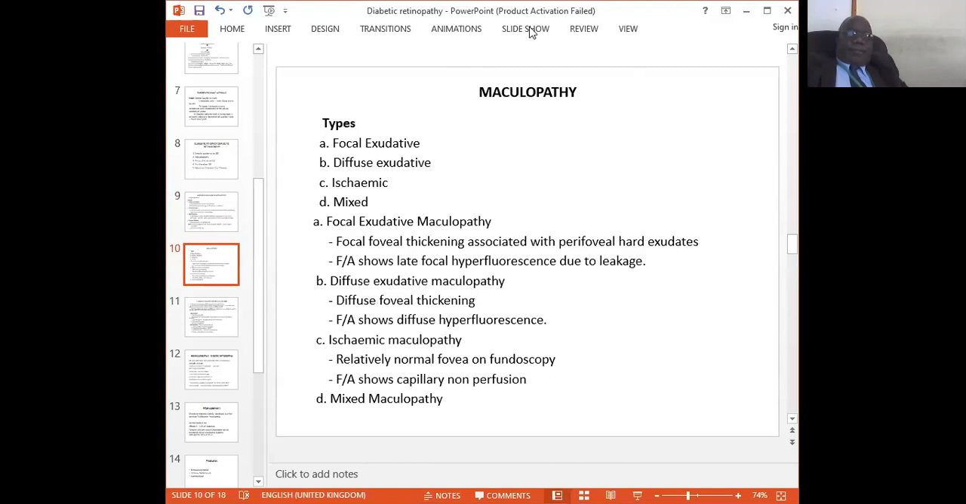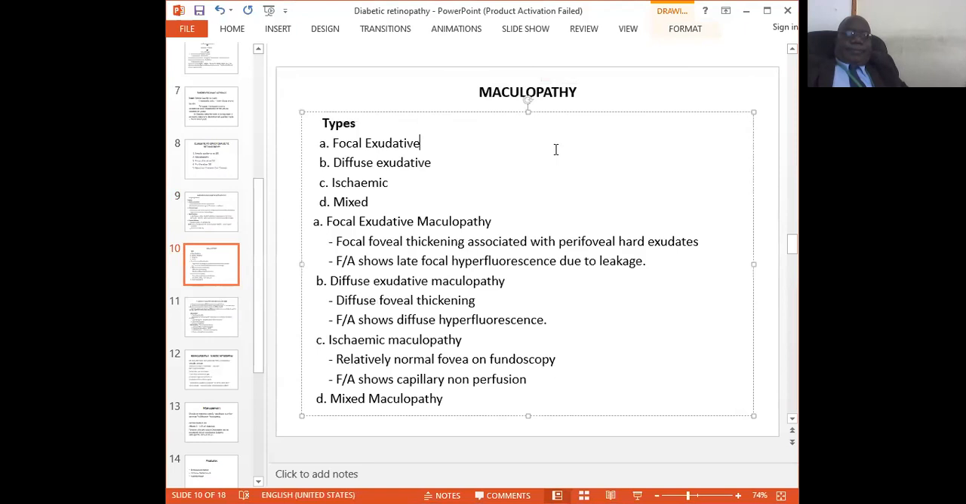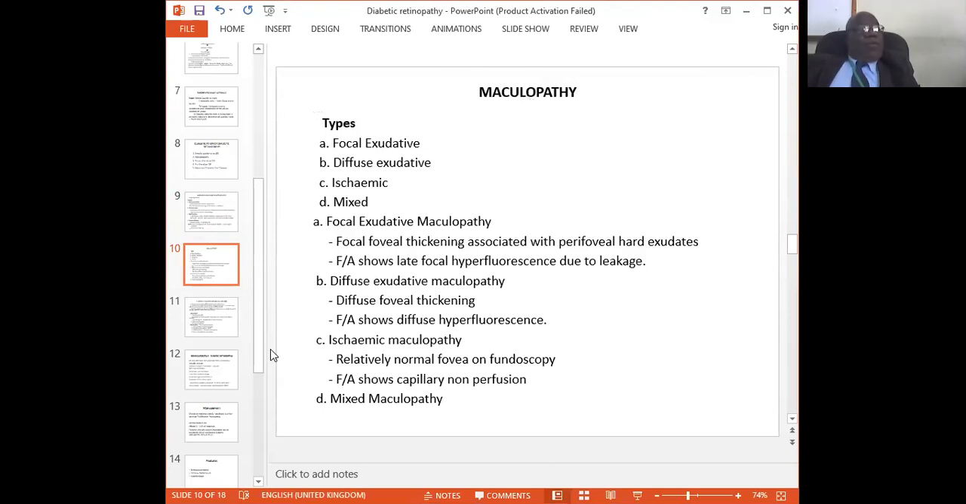Maculopathy. When the macula is affected, you know, the macula is the top notch center of vision, isn't it? If your macula is not working properly, you can't see. That clear center of vision is gone, it means. So maculopathy,